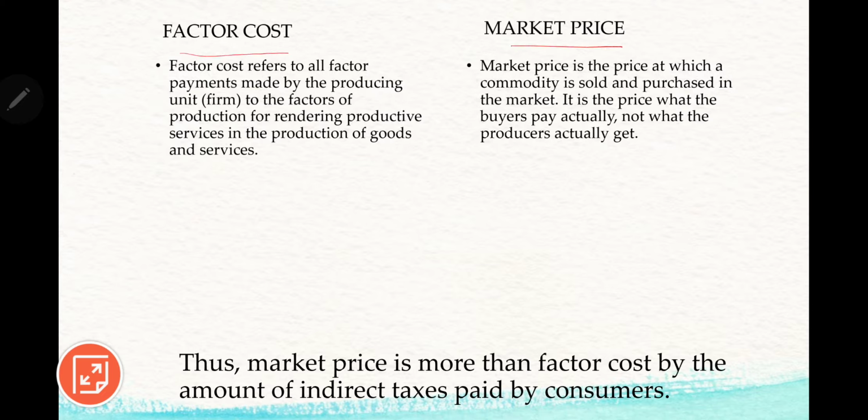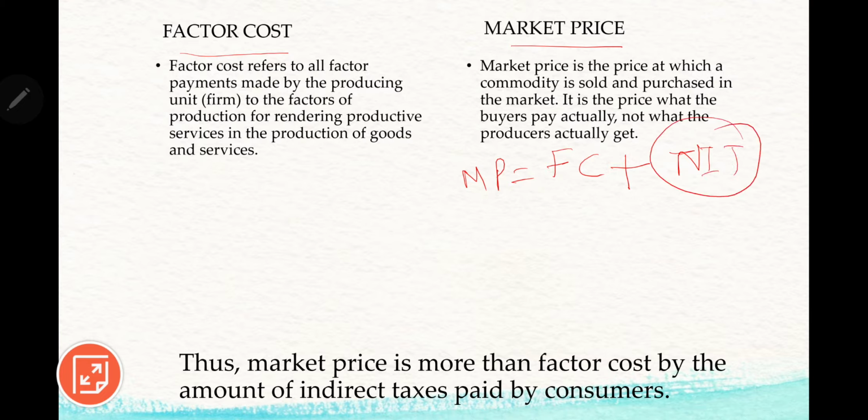market price. Factor cost refers to payment made by all producing units to factors of production for rendering productive services. It is called factor cost because it is the cost to the producing firm towards the factors of production. Whereas market price is the price at which a commodity is sold in the market. It is the price buyers pay for the commodity. Market price is the sum total of factor cost plus net indirect taxes, and this is the concept that we are